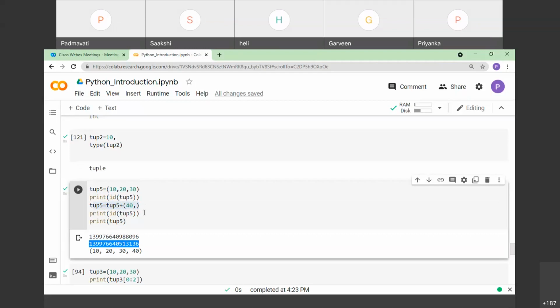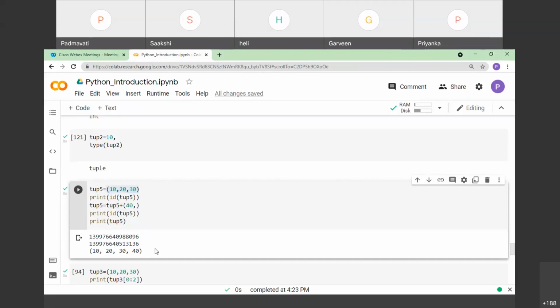Concatenation is not getting done in the same tuple. Instead, it is creating a new tuple and concatenating there, at the new memory location, right? So you can see 40 has been concatenated with the earlier tuple, that is 10, 20, and 30.